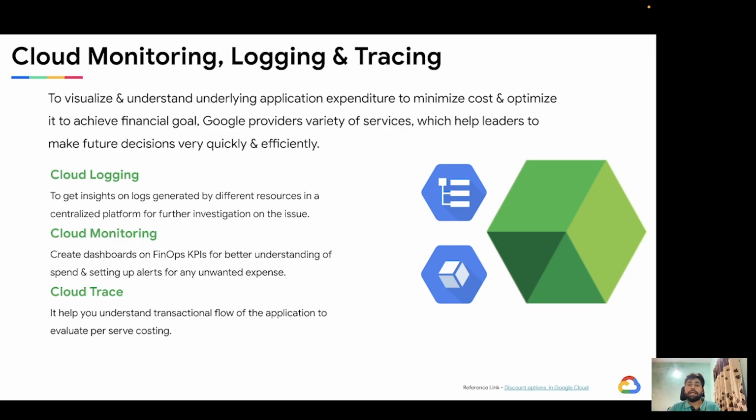Also cloud tracing will help you understand what exactly happens whenever a user hits your application, how much latency we have while calling different APIs inside our application, so that you can tune your application so that it can serve your end user in a very efficient way. So these are the tools and services we have in Google Cloud Platform which will help you enable cloud FinOps